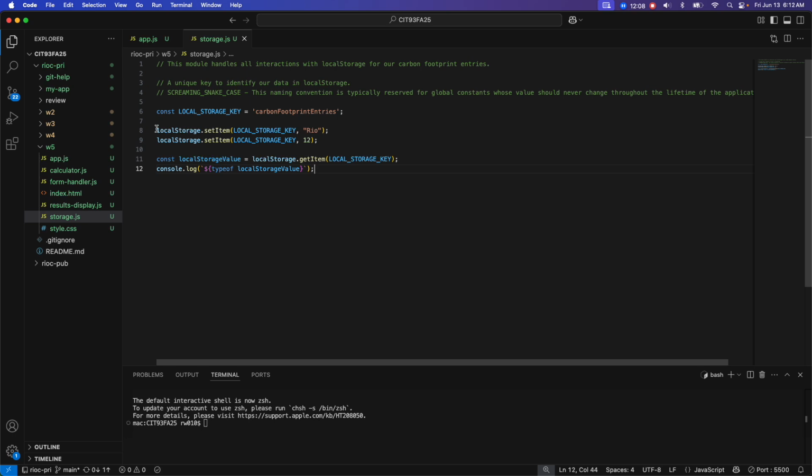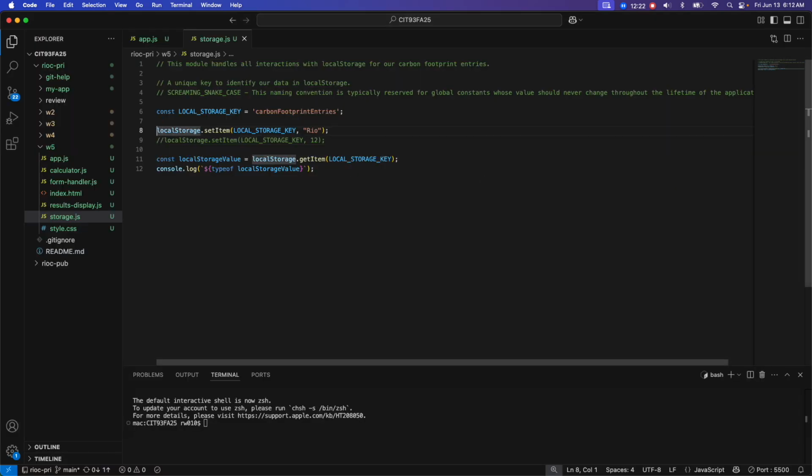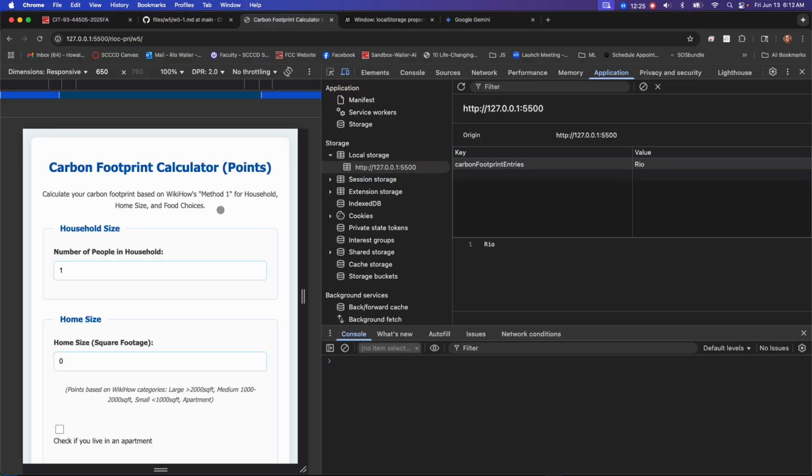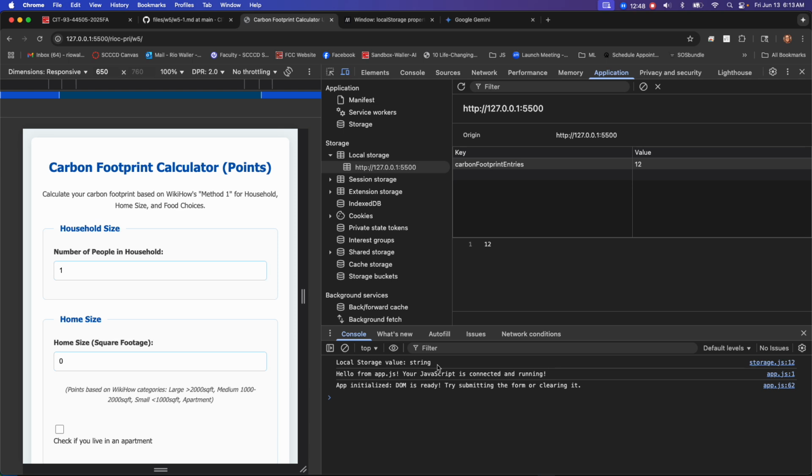Because we know, right? So let's do this. Let's actually comment out this one. Okay, so it already ran, and it showed it's a string, which it is a string when we stored it. But look what happens when we do a number. As a matter of fact, let's just go ahead and say also, just so you can see this in here, right? So we'll say local store value. Okay. So local store value, and just to delineate between these two, is a string,